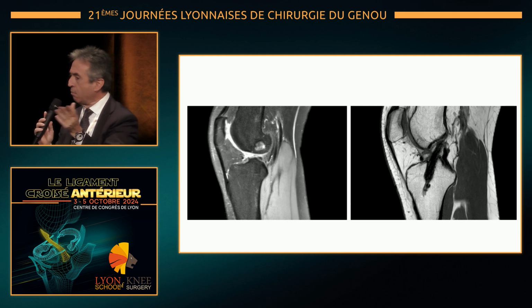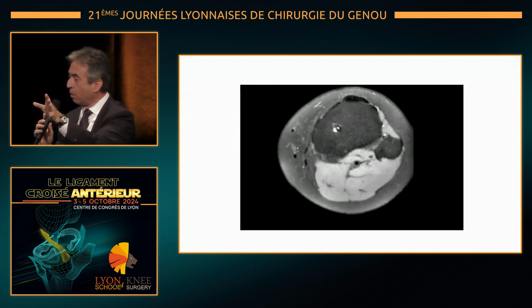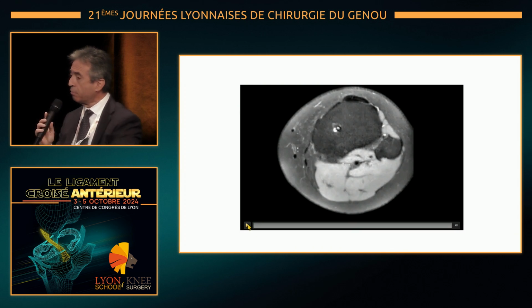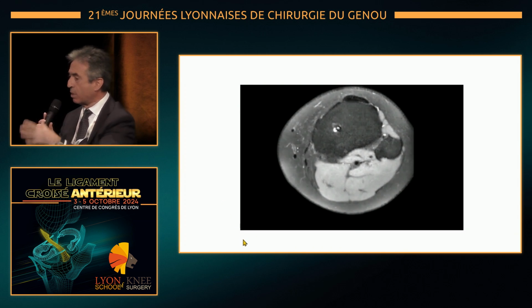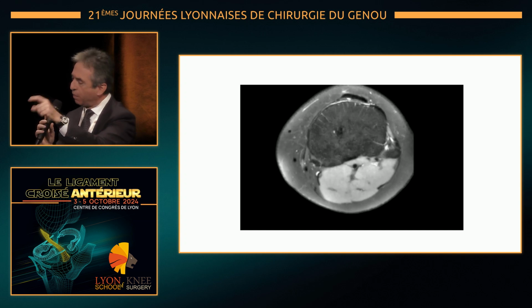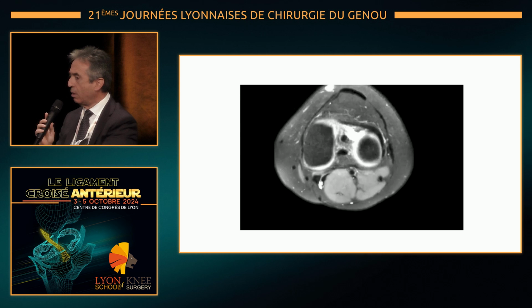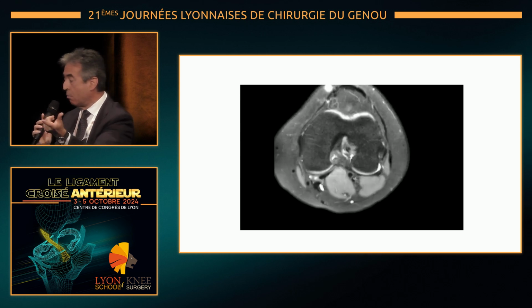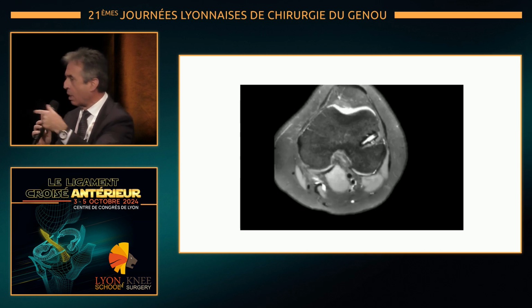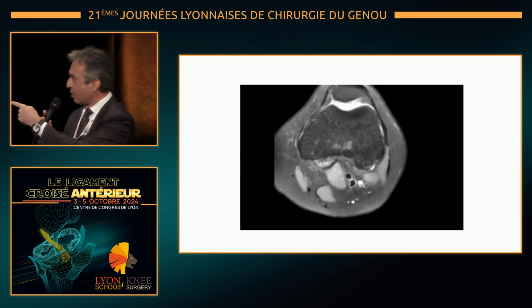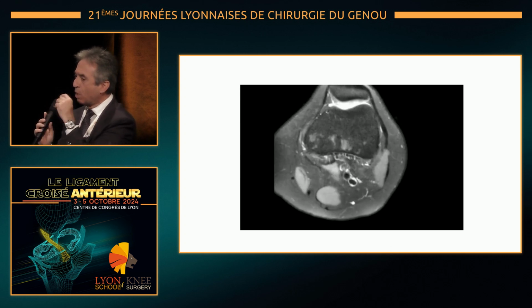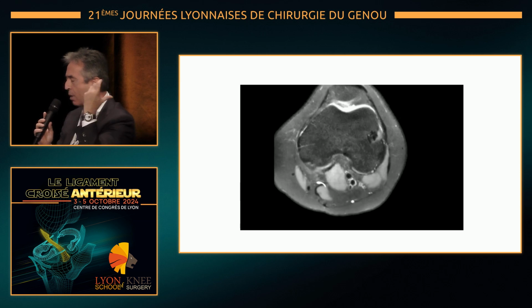So either way, if there is no interference with this graft, I will build another graft beside it. If there is any interference on the femoral side, I will take it all and fill up the tibial tunnel, fill up the femoral tunnel, and at the same time do the new ACL, probably bone patellar tendon or quad tendon, autograft. Because concerning the allografts, it is always my opinion, because I have huge experience in the past using allografts,